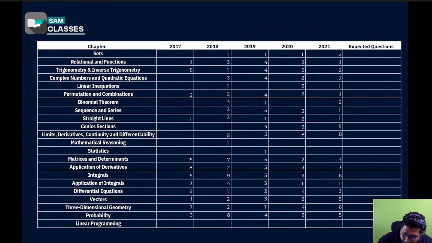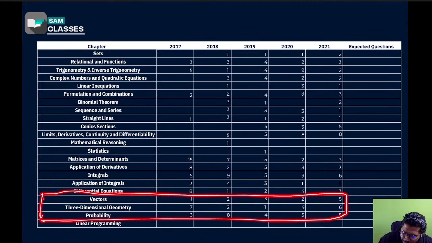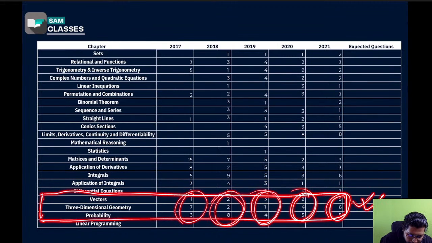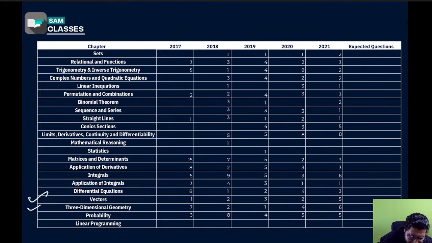Now what are those? We'll come to that. Let's see 3D and probability. Very, very important: vector, 3D, probability. For a student of Comedk, vector, 3D, probability are very important. See 565, 245, 314, 228, 176. So very, very, very important these three chapters. Very simple. Vector, 3D and probability.